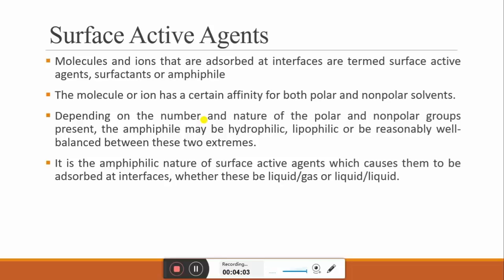If we consider only water in a beaker in contact with the atmosphere, when we add a surface active agent into water, the spherical portion, that is the hydrophilic head, will face towards the water and the lipophilic tail will face towards the atmosphere. So depending upon the oil phase and water phase, they orient themselves. The hydrophilic group will be towards the hydrophilic phase and the lipophilic group towards the lipophilic phase. They cover the surface or interface and reduce the surface or interfacial tension.